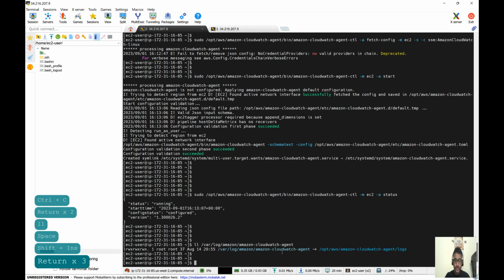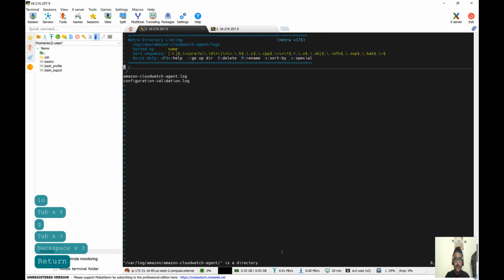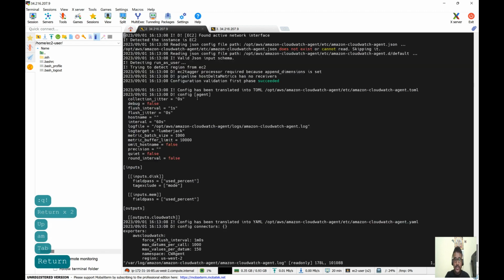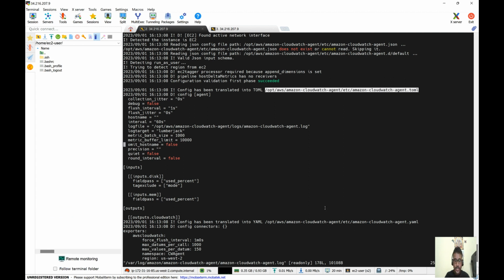Here we have the log file, so let's go to this one, the UI CloudWatch agent. Here we have the Amazon CloudWatch agent log and configuration log, right? Let's select this and the Amazon CloudWatch log, and here we can check all the log details. See here, JSON, I cannot skip this. Then again it started successfully. Then the toml file is generated. By using the toml file it is created. If you go completely down,